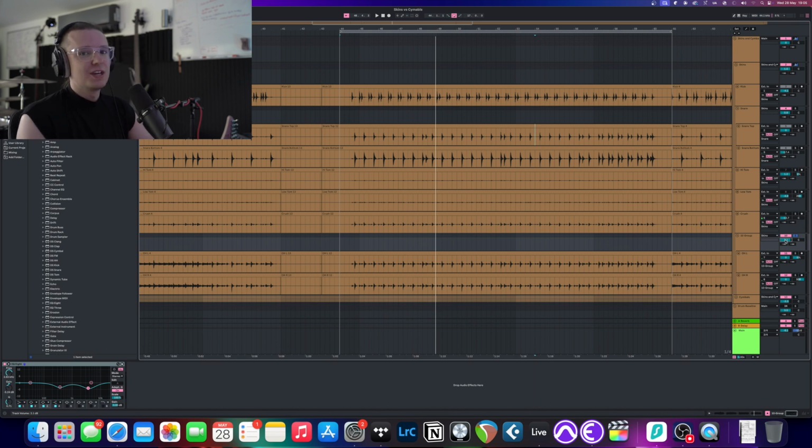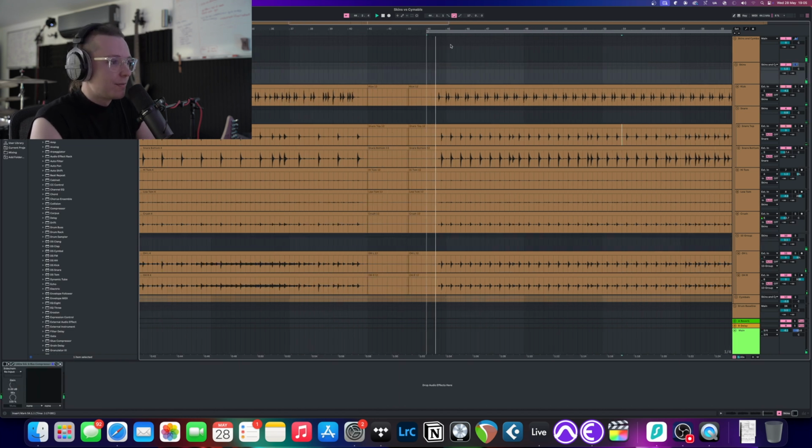Because otherwise, the other way I've been having to do it so far is I take all my close mics. I've still got my overheads in there for the cymbals. I've had to take all of my close mics for the snare, the toms, a little bit of kick, that kind of jazz, and run it into something like UAD Sound City and use that to build my room tone, because otherwise I have no room sound and it sounds very, very small and not very nice. Anyway, but yeah, on their own,